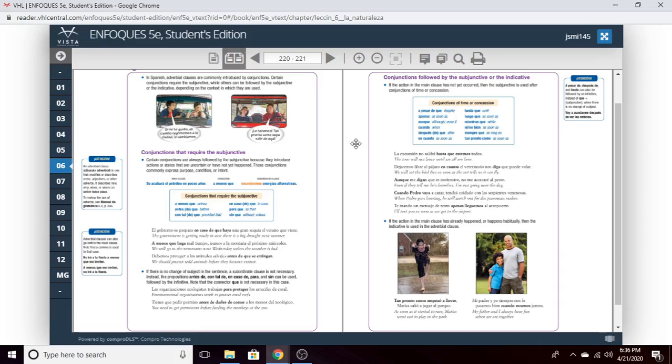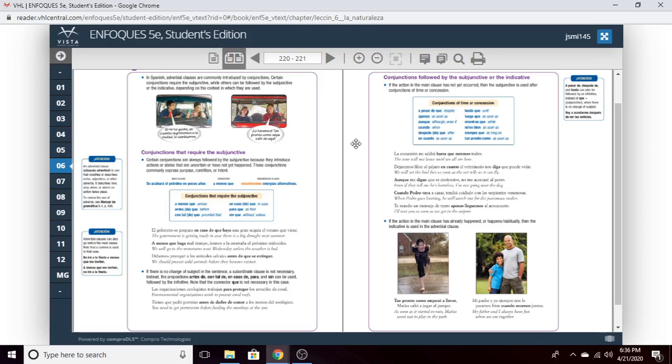Easy enough, right? One exception is if you remove que and use an infinitive after it, meaning an unconjugated verb, you wouldn't use the subjunctive, you use the infinitive. So for example, if I didn't say para que and I just used para, then I could use an infinitive, not the subjunctive. But as written, these always use the subjunctive. The exception is a menos que, always subjunctive. It will never have its que detached.